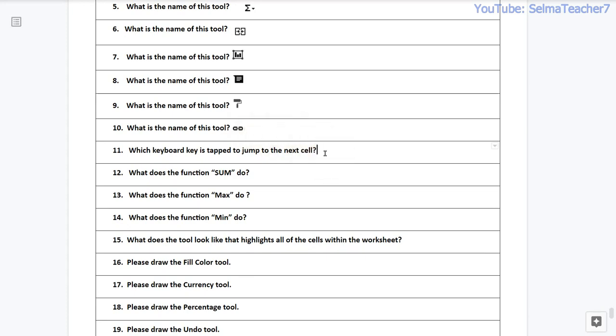Question number 11. Which keyboard key is tapped to jump to the next cell? Question number 12. What does the function sum do?